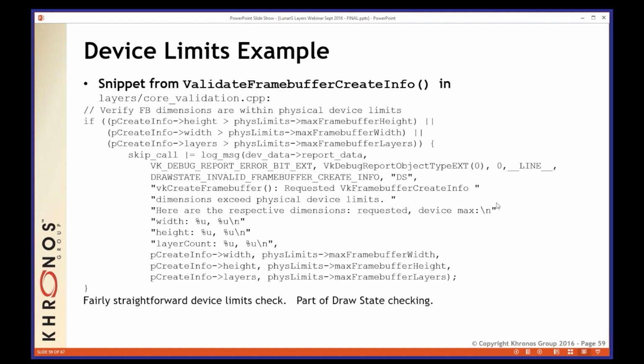And device limits is also pretty simple. Here it's a pretty straightforward check to make sure that when you create a frame buffer, the height and width and so forth are not greater than the device maximums. And again, the error message is pretty straightforward. Okay, that